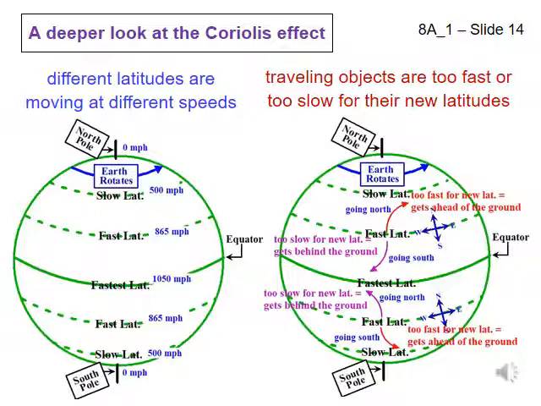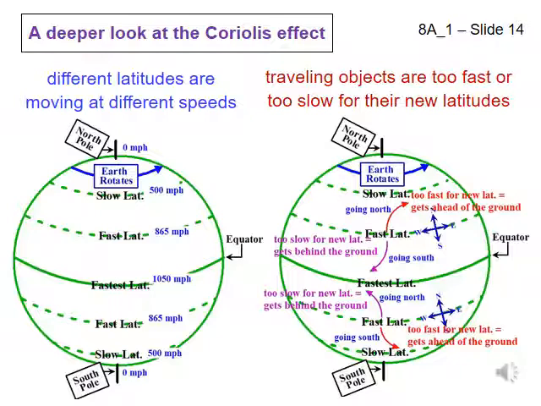The radius of the Earth, the distance from the center of the Earth to its surface, is about 6,370 kilometers, about 4,000 miles. If you are at the equator, you are traveling a distance of 2 times pi times 4,000 miles in a single day, 24 hours, so your average speed is about 8,000 pi miles divided by 24 hours equals 1,047 miles per hour, so about 1,000 miles per hour. The speed drops to about 865 miles per hour at 30 degrees north, and 500 miles per hour at 60 degrees north. At the North Pole, your speed is zero, because you are not traveling anywhere.